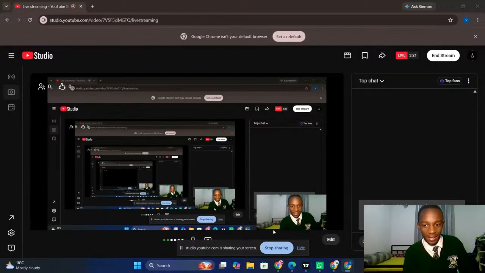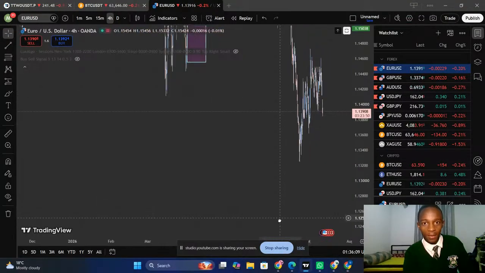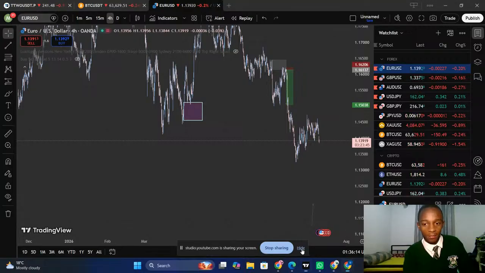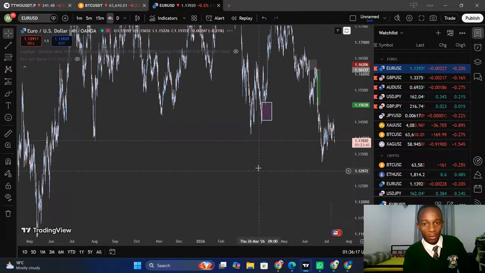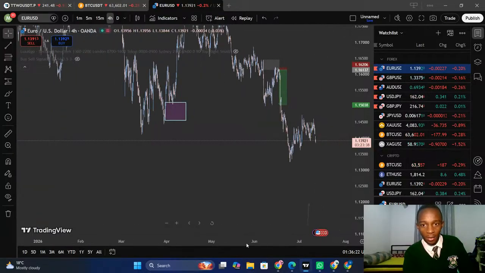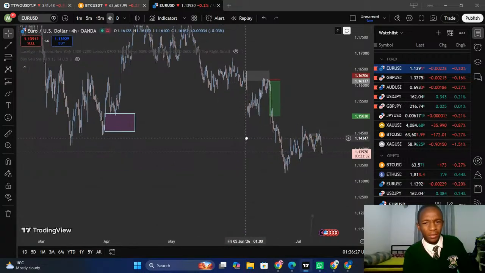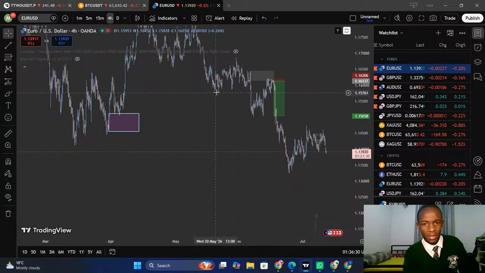What I was saying is that we were in a downtrend on Euro USD and we broke this structure, having this small pullback right here. I don't know if you can see it. We broke very many structures, but this was a liquidity grab. This was just to accumulate, manipulate, and distribute. Am I saying it correct?